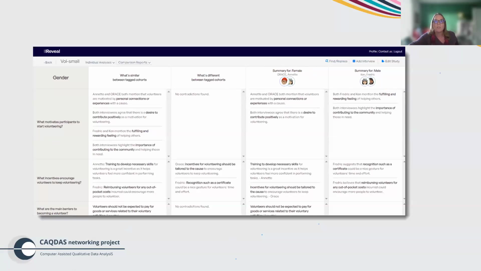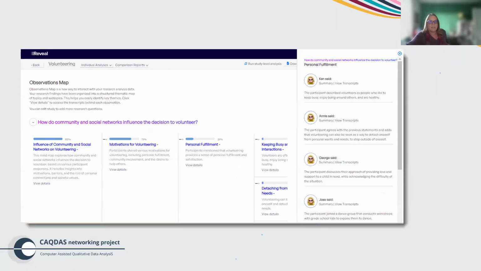So those are just a few examples. This is a thematic map in Reveal, and it gives you a sense of how much of the data, 100%, this theme occurs in, whereas this theme is only occurring in 26% of the data, and so on. So you're getting a little bit of that kind of overview.